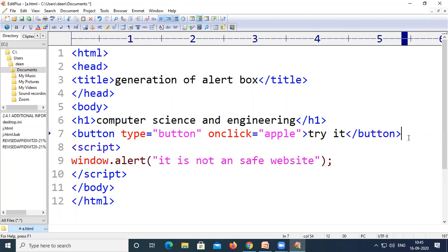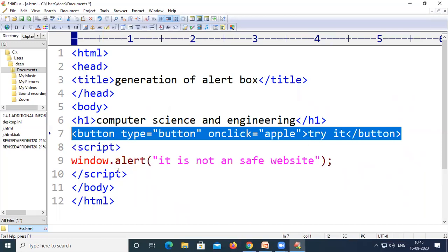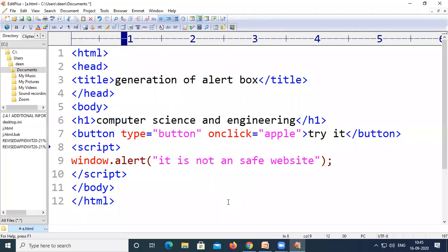This particular statement, the thing which was at line number 7, will create a button. What will be the output of this? It will create a button, where the button name is apple, sorry, I'm sorry, the button name is not apple, the button name is try it.